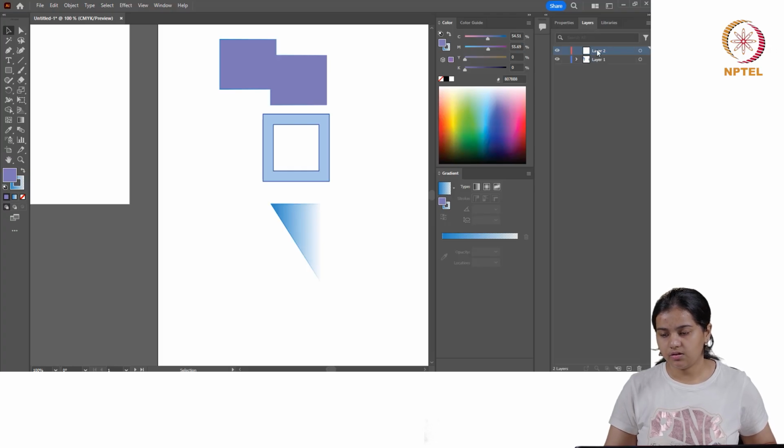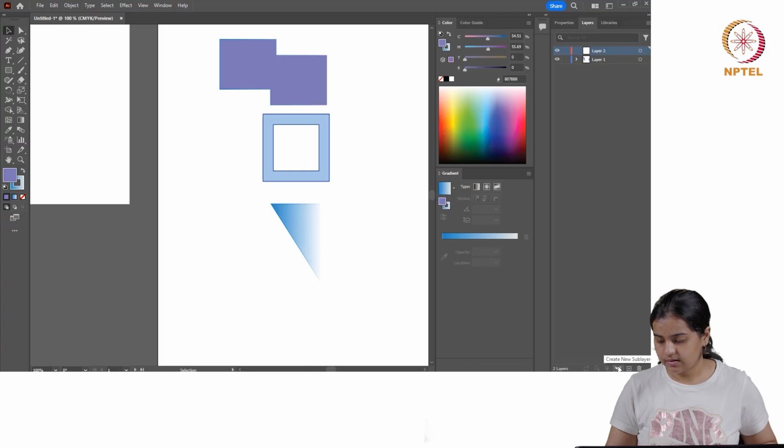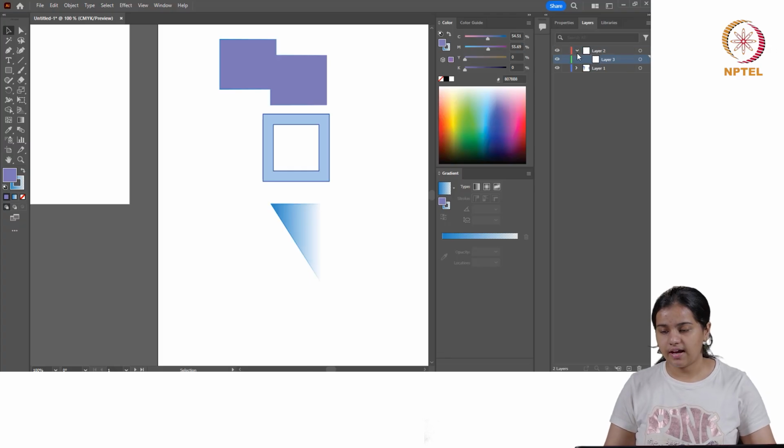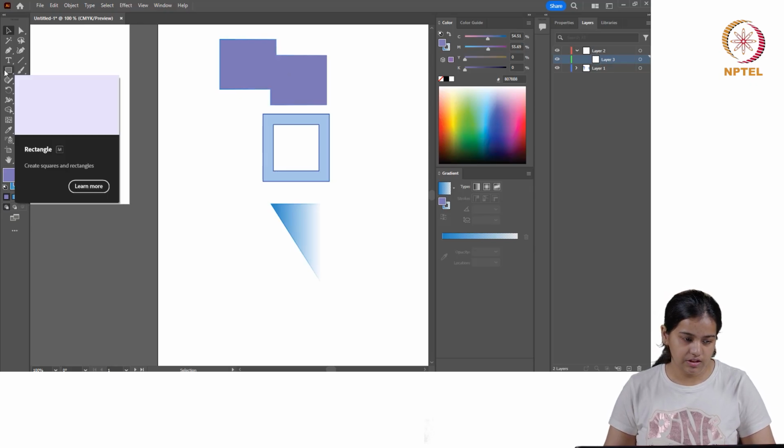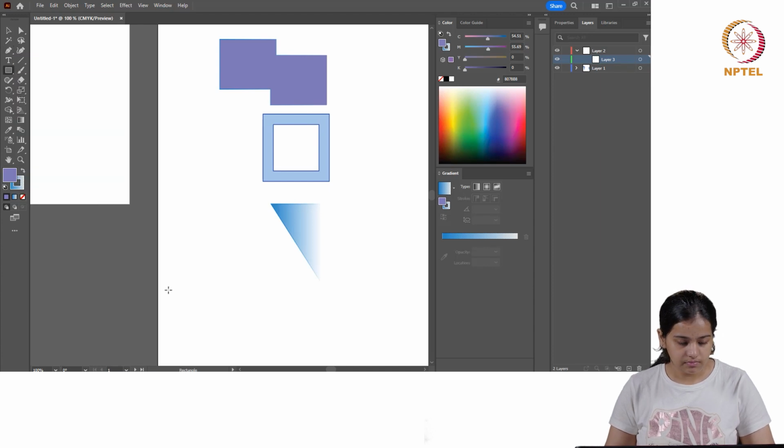This will create your new layer and you can press here and select this. Now you have a layer inside the layer 2 and you can create your artwork here using shape, text, pen tool, whatever you want.